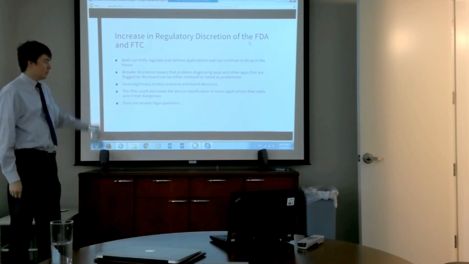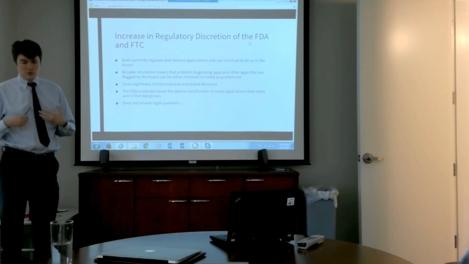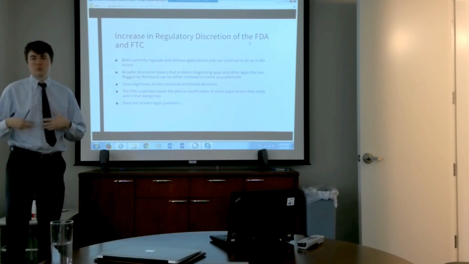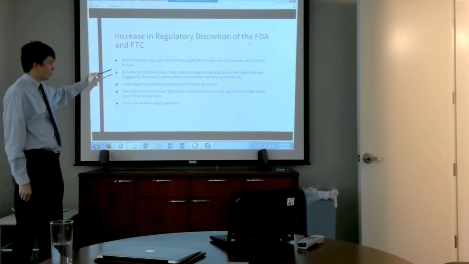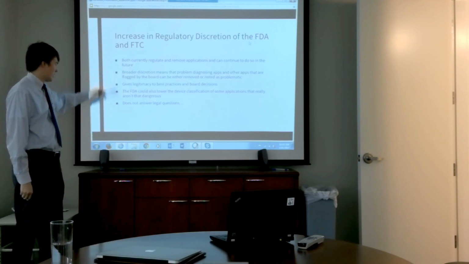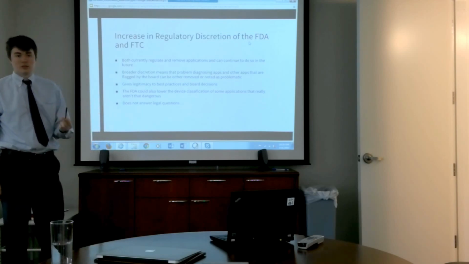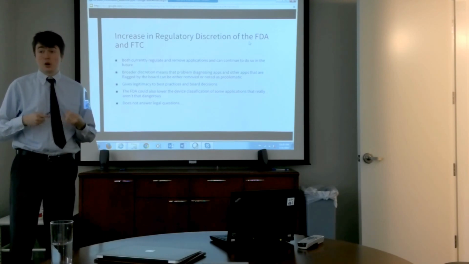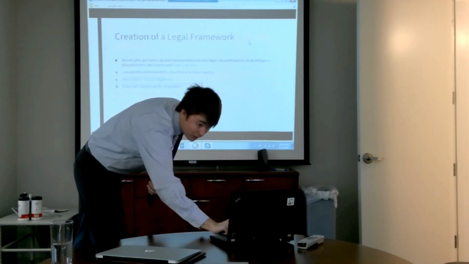The FDA could also stand to lower some device classifications. Again, as I stated before, with some of the interviews, how they stated the FDA sometimes classifies something as a little bit too high or moves an application to a 2 when it really should be a 1. It could stand to lower some of those classifications, especially when it's going after the really dangerous diagnostic applications. The one problem with this is that it doesn't answer the legal questions. Eventually an app's going to get through, eventually someone's going to be harmed by a medical application. What happens then? Which leads to my fourth